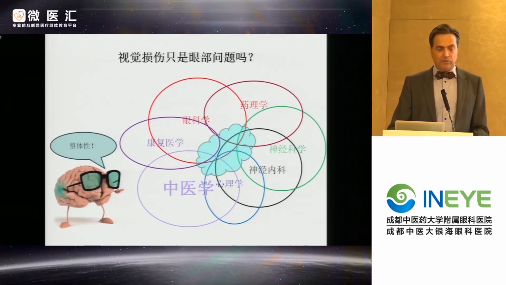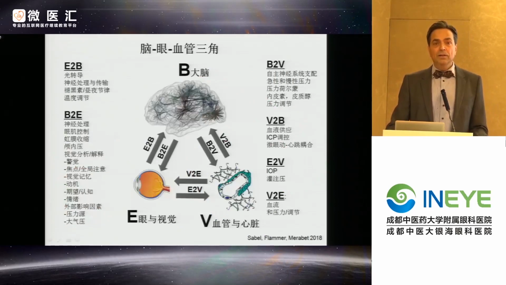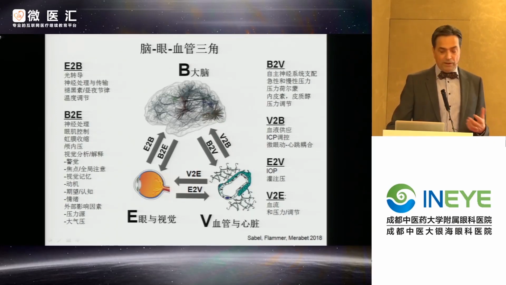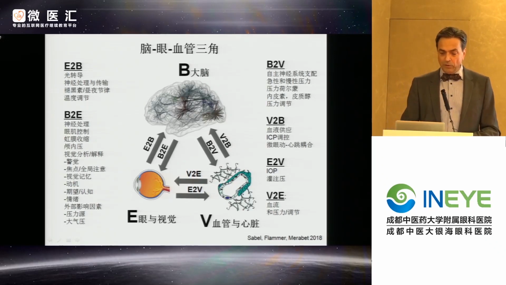So moving on to the next slide, we can understand then that we need to take a look at vision loss and the recovery of vision loss as a holistic problem. We cannot reduce it to single molecules, but we need to look at the body as a whole. Only then can we expect to fully understand vision loss and its consequences and find ways of how to improve it.